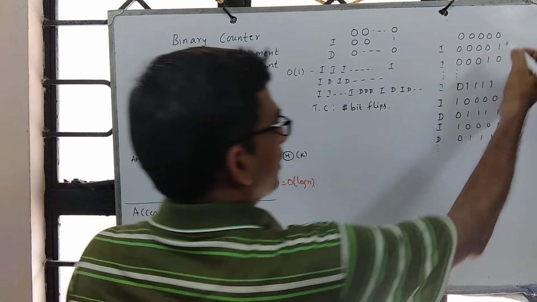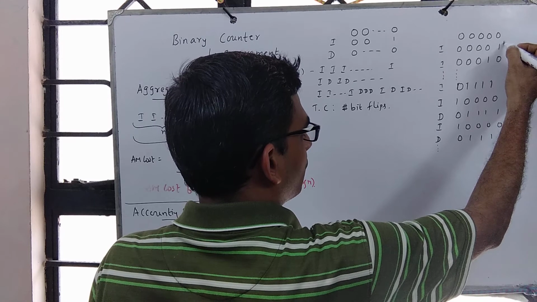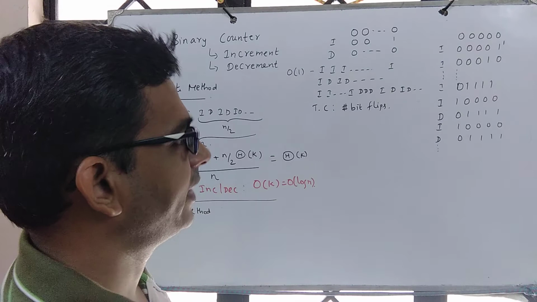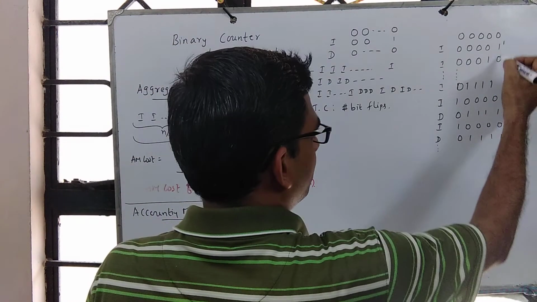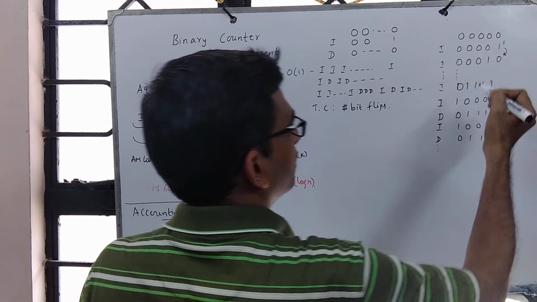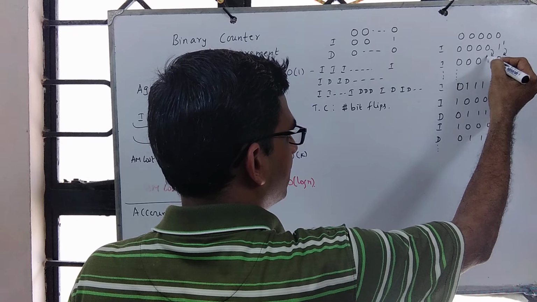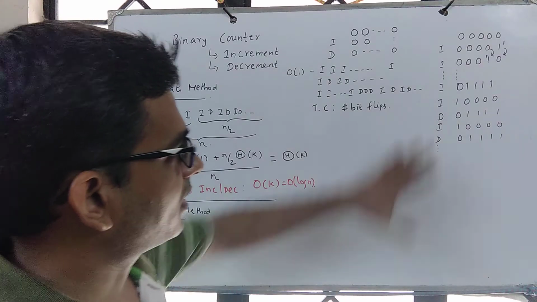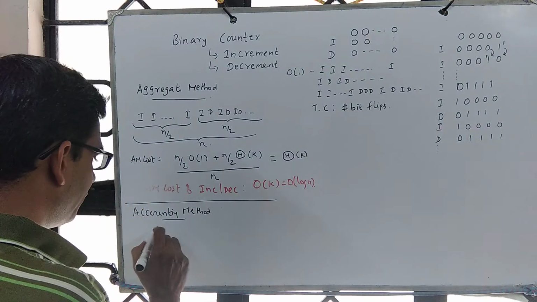When we move from this to this, we said charge 2 credits, one for the actual cost, the other one is stored with the data structure or the bit 1. Now when we move from this to this, the cost of flipping this is free, and the cost of flipping this is 2, one actual cost, one is stored with the data structure. So like that we were doing. Now we can continue that.